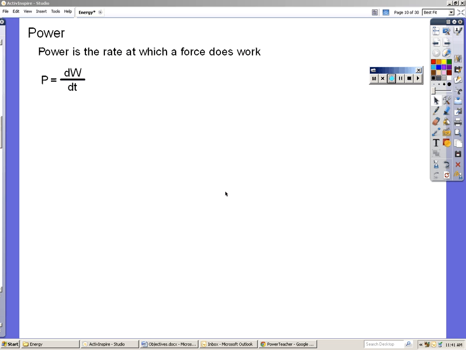rate of working. dW/dt, it's a derivative. If you take the work done by the force and look at how that total work done is changing with time, you get the power. So let's explore a little bit what this means. So it's the time derivative of the force dotted into the displacement. And we know that